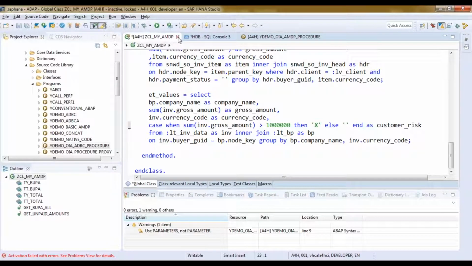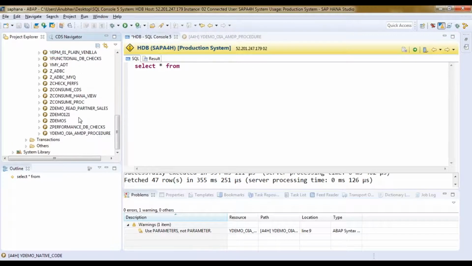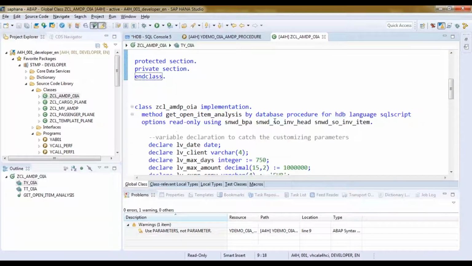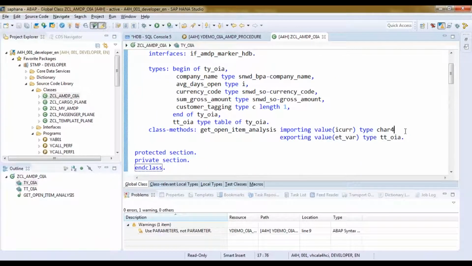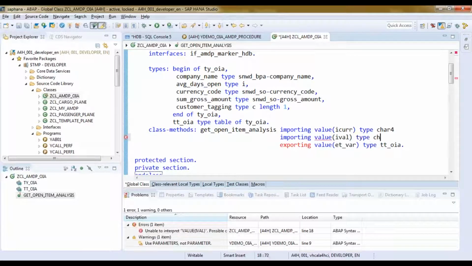So maybe I will open my AMDP class. This is not the one which we created for OIA. I will open the one which we created for OIA. So let me go to classes, and here it is. And now I will pass an import parameter called value. So at runtime it would lead to errors. So I create another import parameter in my procedure, I value, type integer. And then I use this integer value,